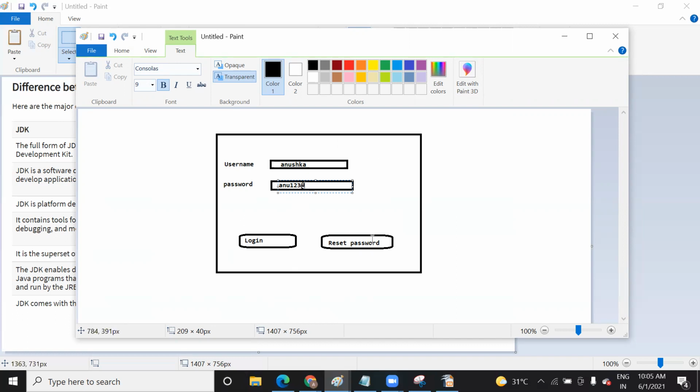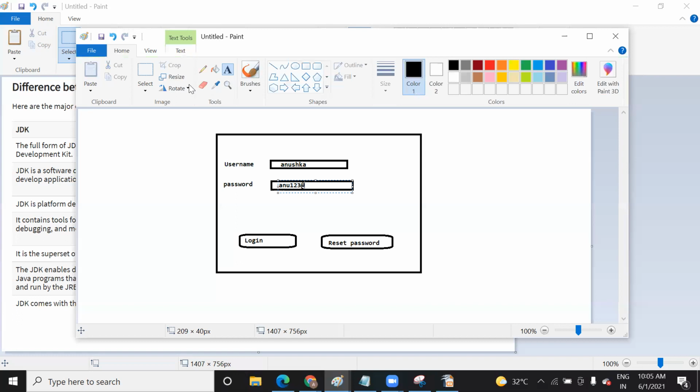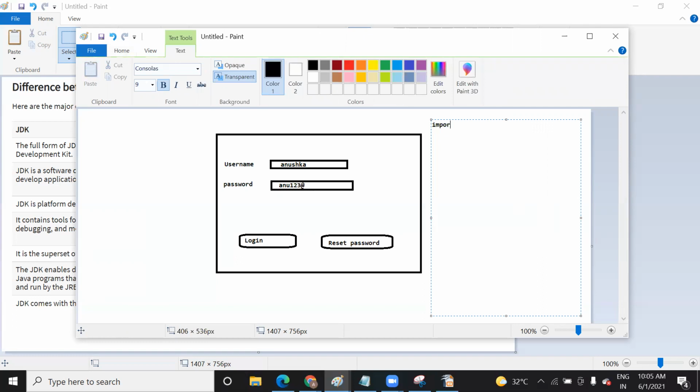In Java code, whatever you write, you write the code like this. Suppose you import some library. I'm just showing you one example. Then we write a class. Suppose it's Anushka.